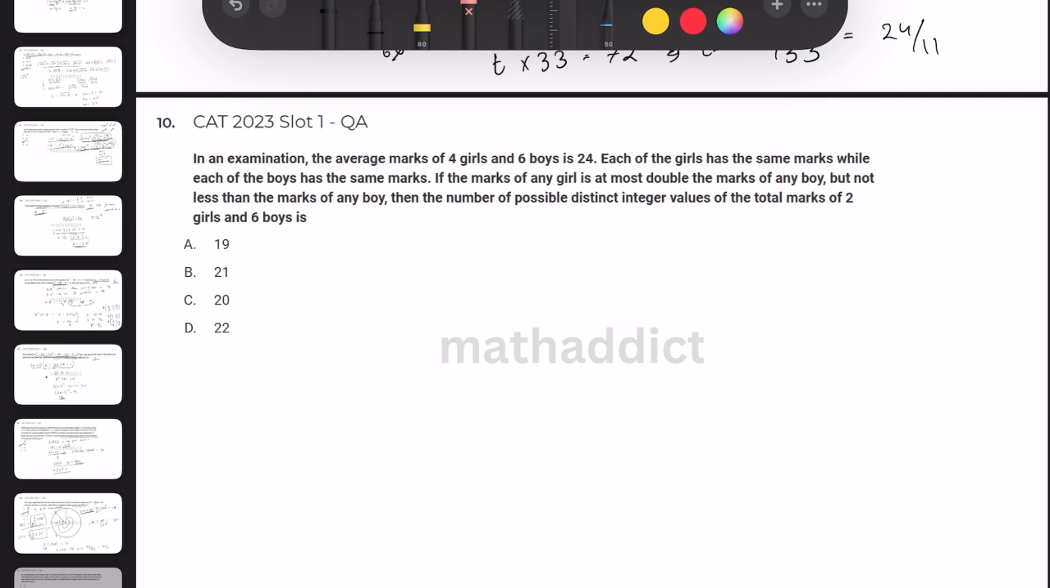So yeah, in this one each of the girls has the same marks, let that be G, while each of the boys has the same marks, let that be B. So the total marks becomes 4G plus 6B. The average would be (4G plus 6B) upon the total number of students, that is 4 plus 6, that is 10, and this is 24. That gives us